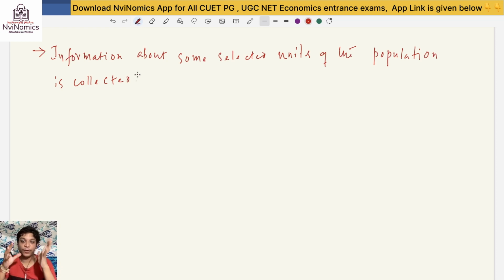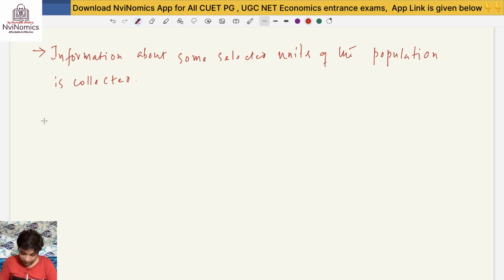सो यहाँ पर क्या होता है कि पॉपुलेशन का, मैं इसको थोड़ा एक्सटेंसिवली बोल दे रहा हूँ। जैसे मम्मी लोग चावल लेके देखते हैं कि चावल पका है या नहीं। वो एक चावल मैश करके बोल रही हैं कि चावल पक गया, तो वो प्रेशर कुकर से एक छोटा सा पार्ट ले रही हैं, और उसको एग्जामिन करके बोल रही हैं कि पूरे प्रेशर कुकर में जो चावल है वो पूरा पक चुका है। तो यही पॉइंट दर्शाता है कि information about some selected units of the population is collected and then inference or the conclusion regarding the entire population is drawn. सो यही है सैम्पलिंग मेथड।